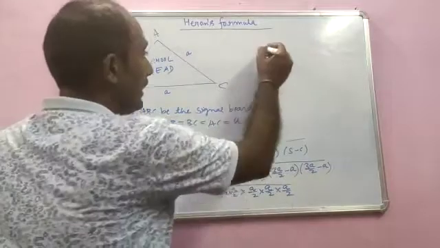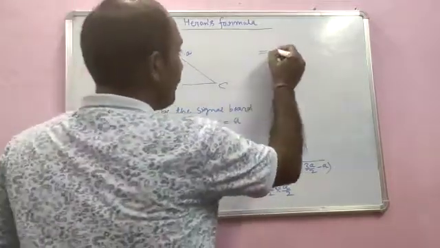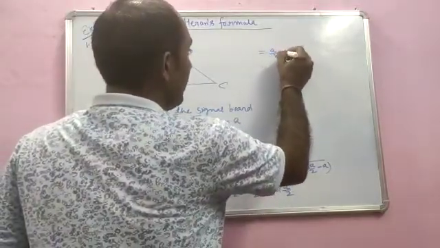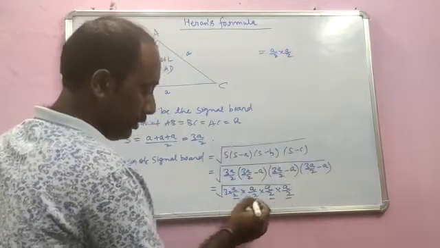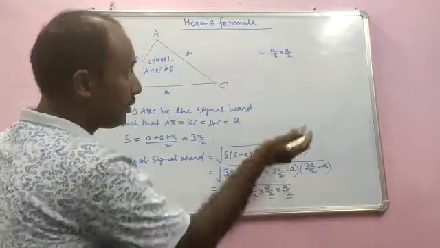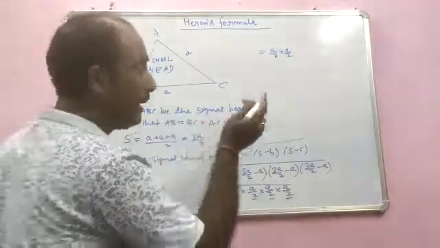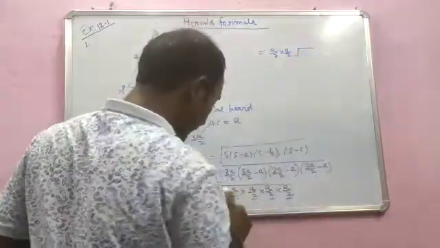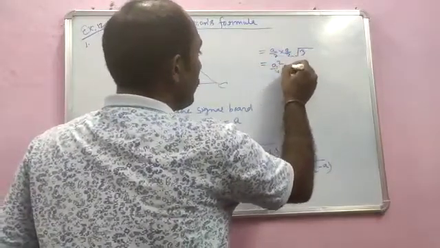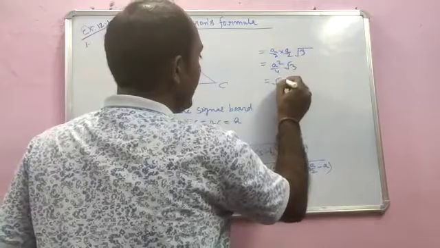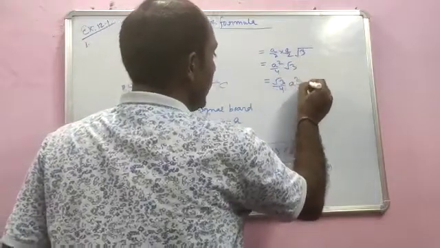So finally I am writing it here. We can write it as a by 2 multiplied by a by 2, which we take out because it is in a pair. So there are 4 a by 2s, and when we take them out, we write 2a by 2 and keep this 3 in the square root sign. So this is a square by 4 root 3. Finally we can write it in arranged form as root 3 by 4 a square.